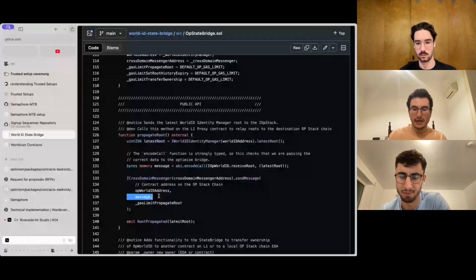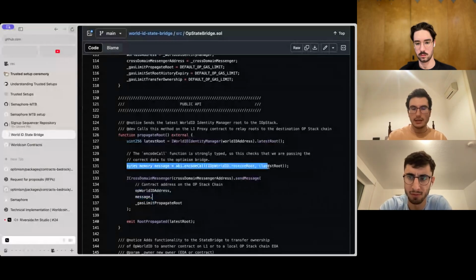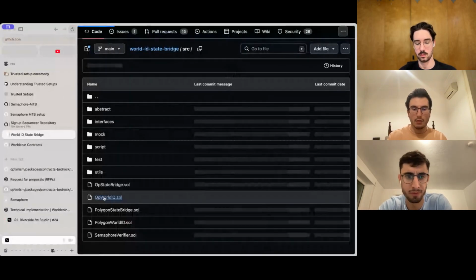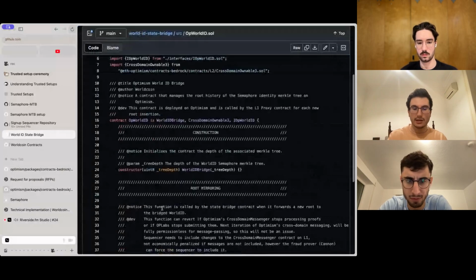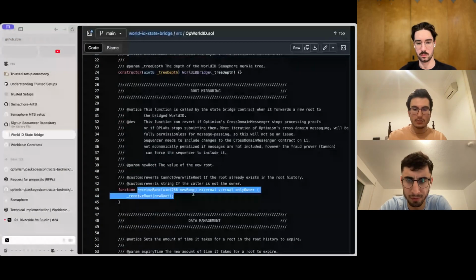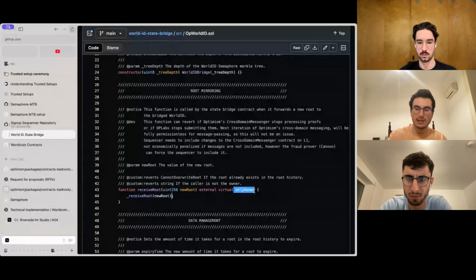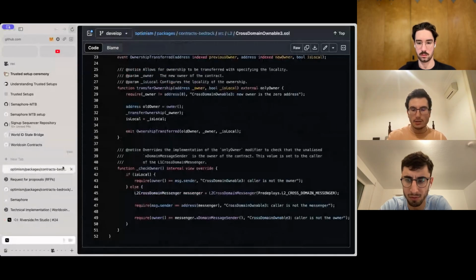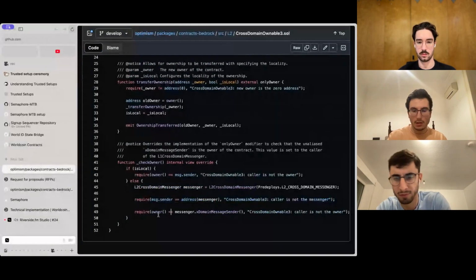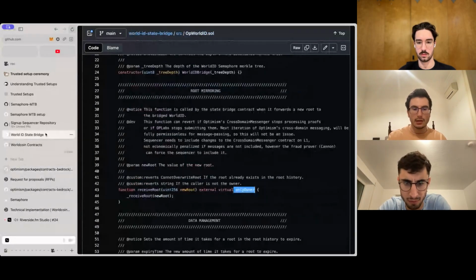So the L2 receives a call from the precompile with this bytes memory. And what happens is that when you hit the OP World ID contract, the EVM will check what selector in this contract it is. It will match this selector, right? Like the 4 bytes of the hash of receive root uint256. Boom. It will call this with your root, and it will check that the message sender was the precompile, and that the cross-domain message sender is the OP state bridge contract, which is